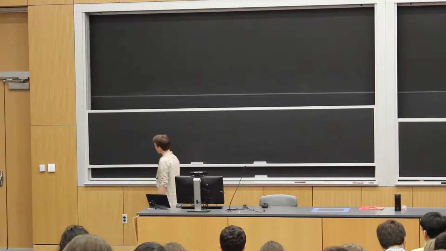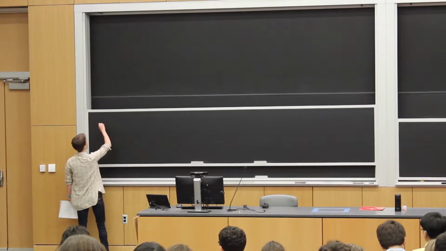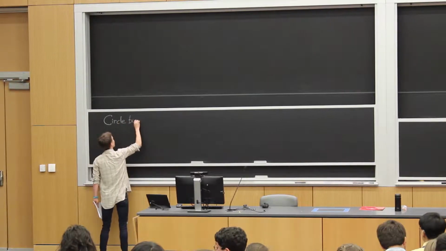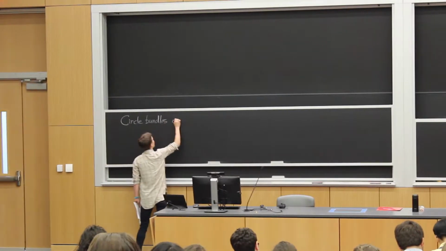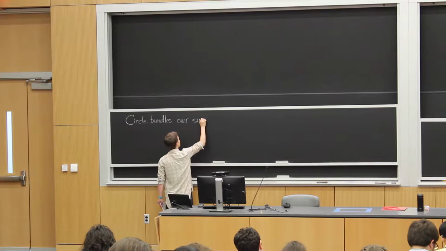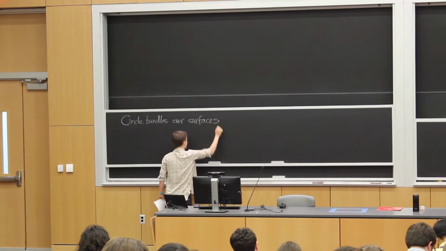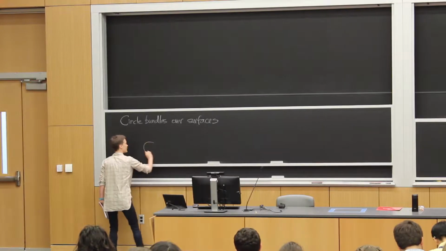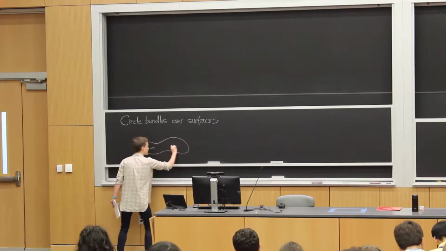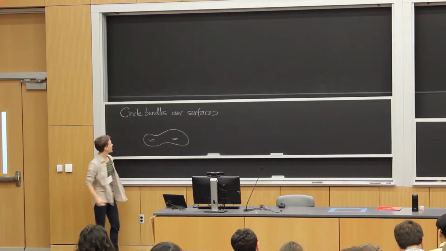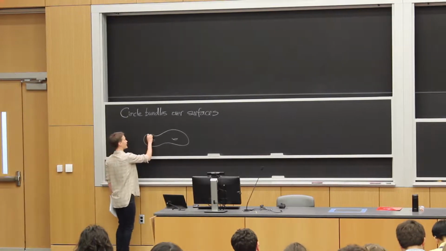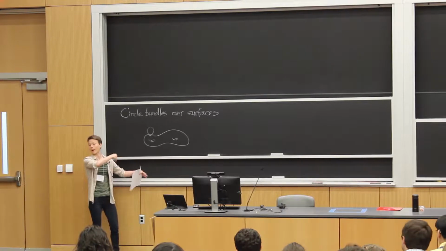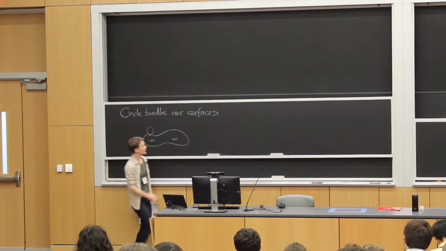And so what's this basic object? We're going to talk about circle bundles over surfaces. So informally, you take some surface and you attach a circle to every point of it, in some kind of a continuous way. So for example,